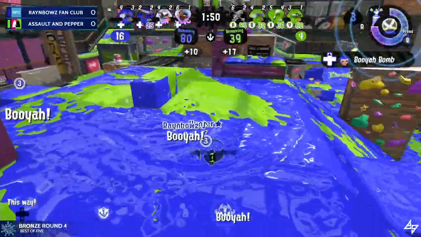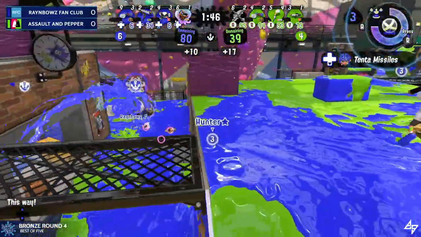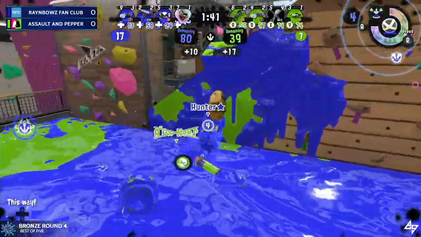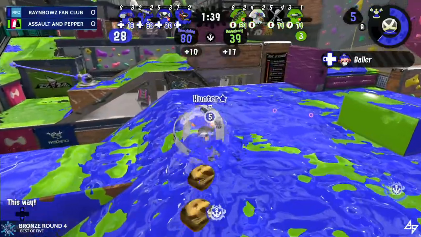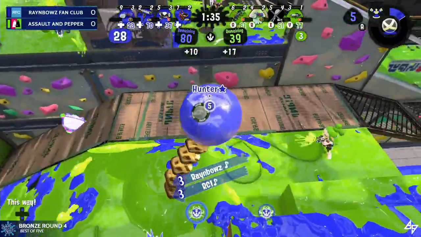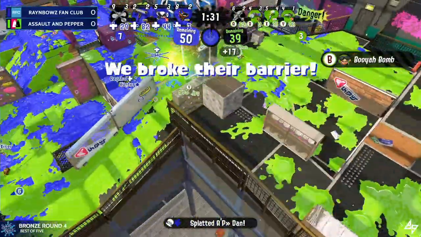Here we've got a couple of specials coming out now from Rainbow's Fan Club. Now I imagine this baller from the sloshing machine is going to get popped here soon. Looks like some football passing coming in as well, but that rush, trying to be a nuisance, is going to go ahead and go down. Rainbows Fan Club just needs to try to break in. Here comes that baller, and I imagine here come the two jumps from the two footballs. The baller is going to go ahead and get a pick, and that is going to be two power clams